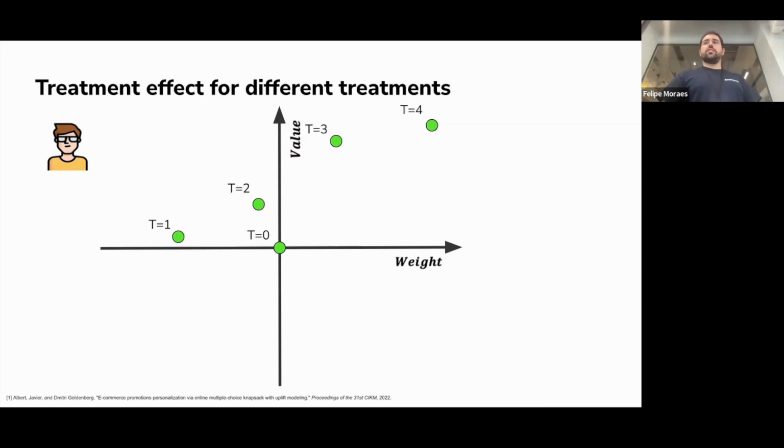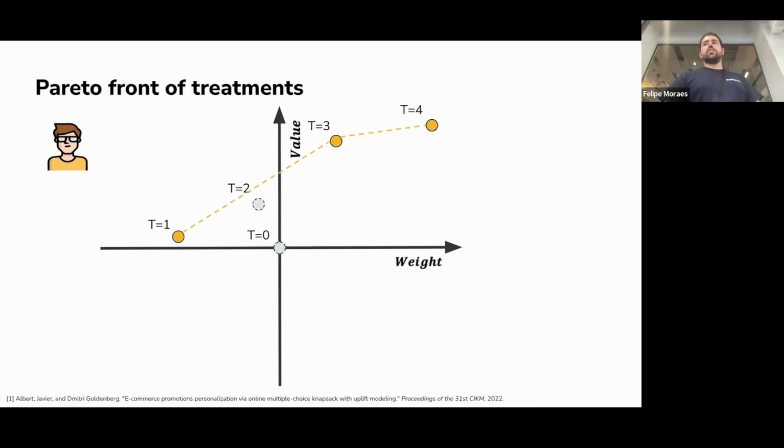So to solve this, if you only had Bob here, you would do a Pareto front. And why would you do a Pareto front? You never want to give the control in this case, because it is always better to give 1, because you always make money and you always make more conversions with 1. So it never makes sense to give the control. But the case of treatment 2 is a little bit more questionable. In the case of Bob, it's harder to think about, but if you are in a big company, you have a lot of people coming. So it's not Bob, it's a lot of people with those characteristics.